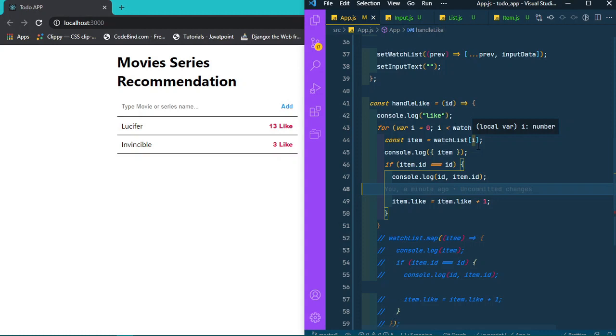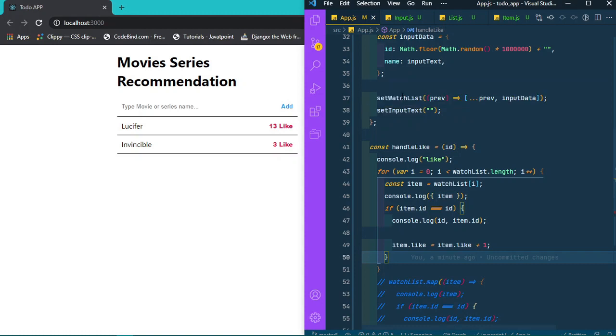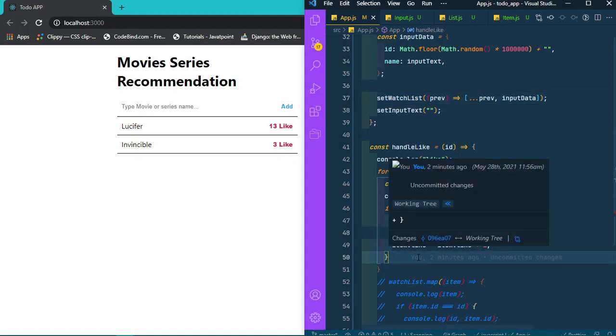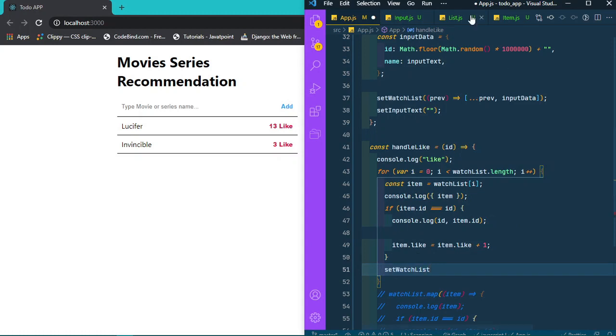So we don't need to remove and add that. What we can do is update function. This is working. Okay. If we add that, okay. So what we have to say here is watch list will be same as previous,